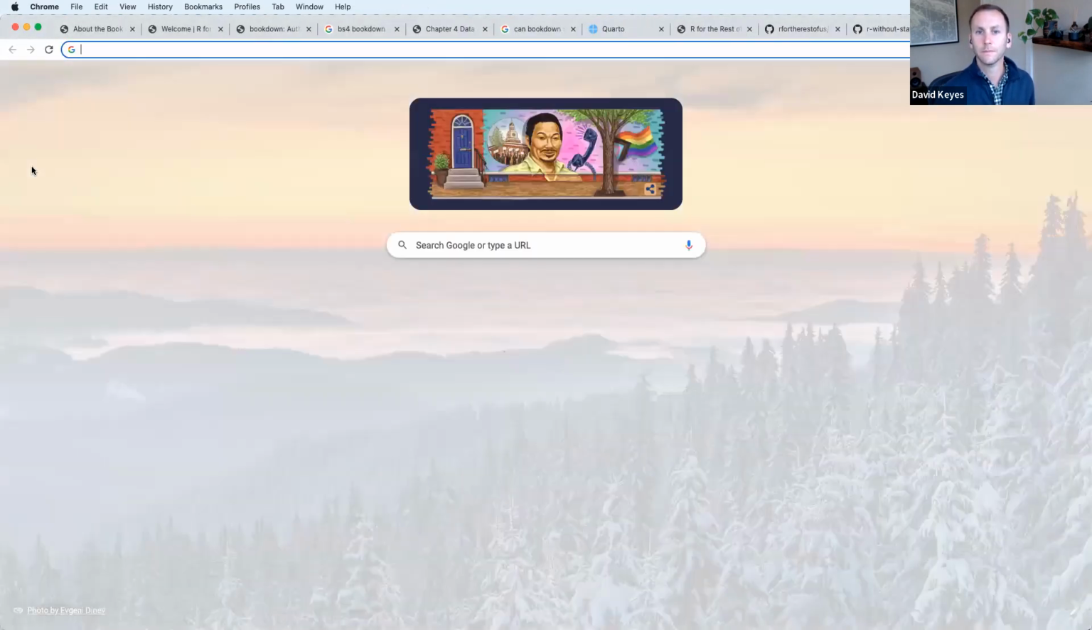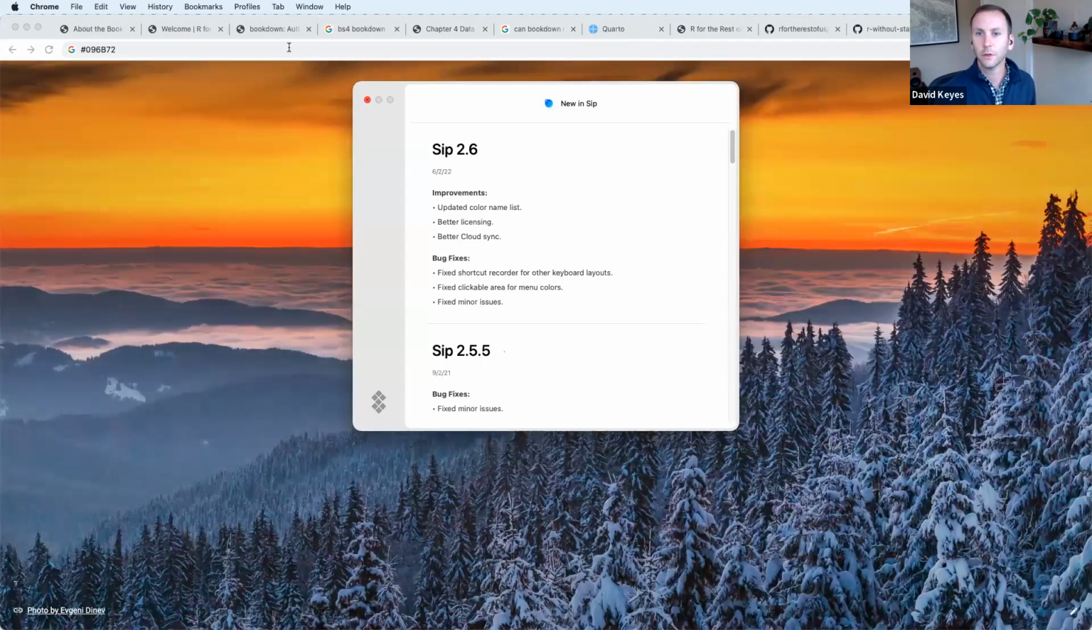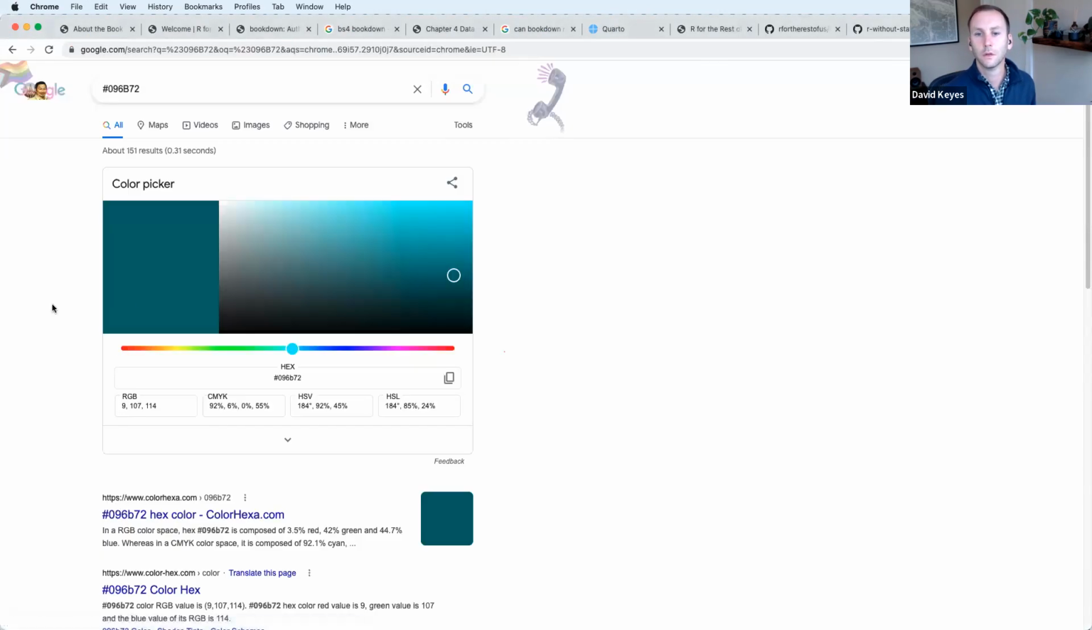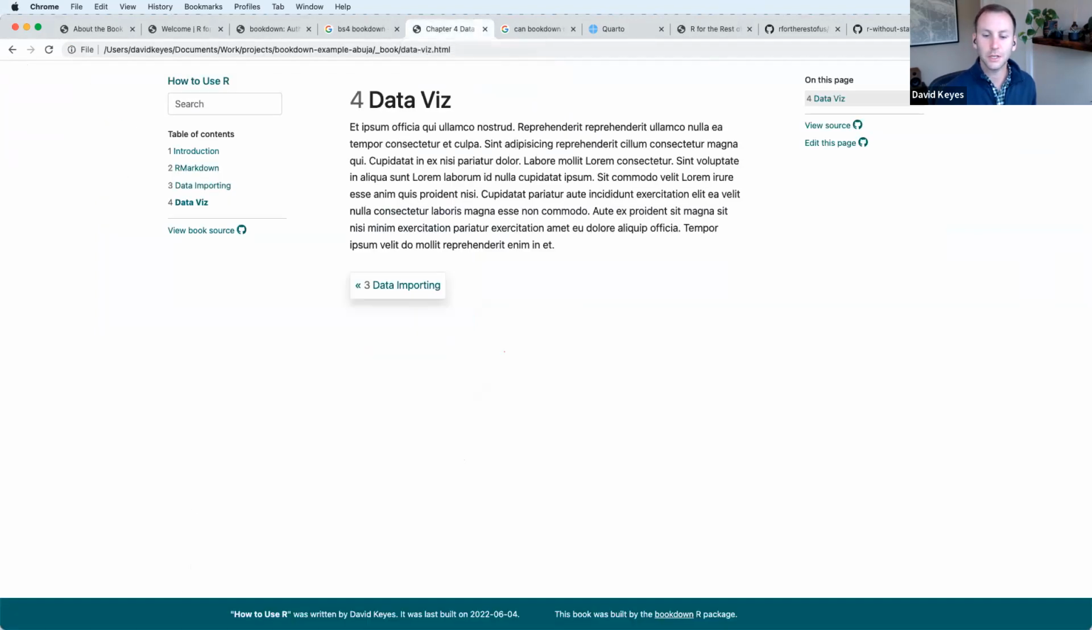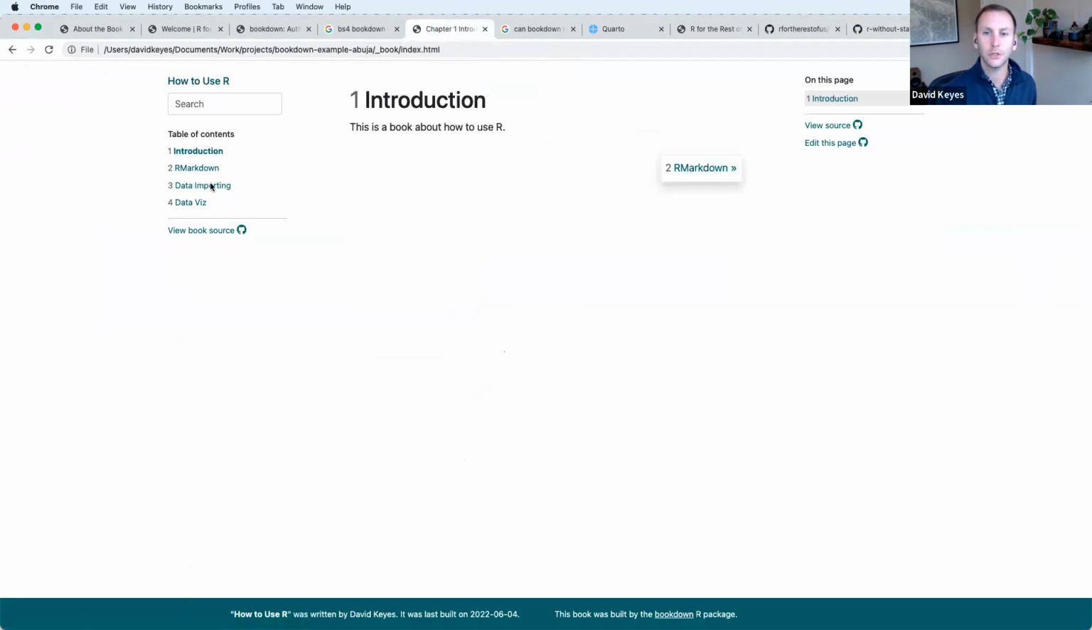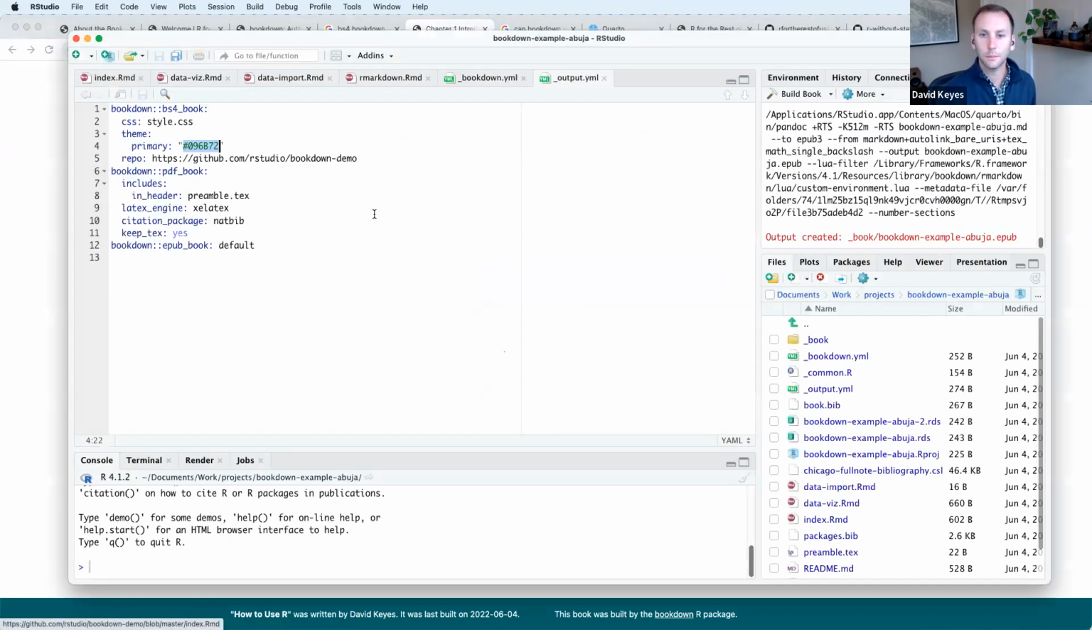actually, no. Sorry, that's not what I wanted. It's that kind of, I don't know, greenish color. And you can see it has it down here as well as it uses it here for the color of links. All right, so